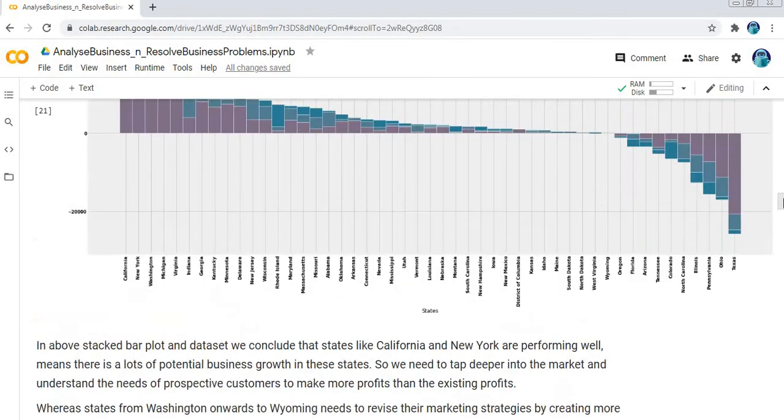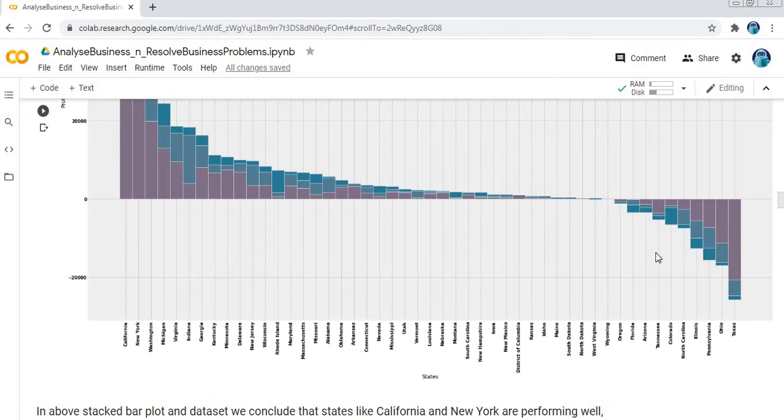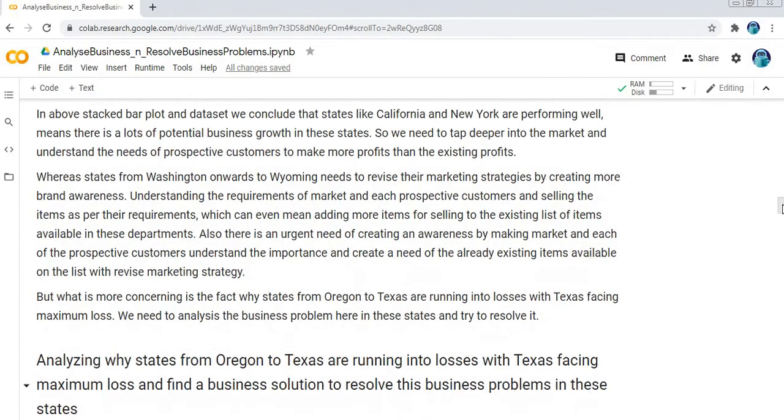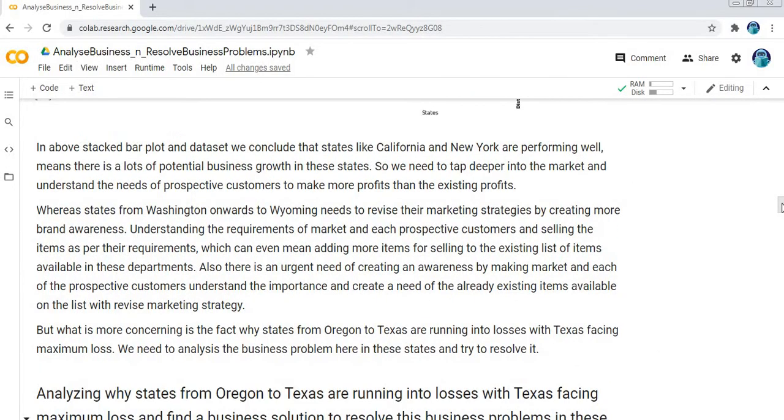So from here, since there is a gradual dip in the profit margin, from till Wyoming, the profit margin is negligible. Wyoming and West Virginia, the profit margin is quite negligible. Whereas these states from Washington to Wyoming need to revise their marketing strategies by creating more brand awareness, understanding the